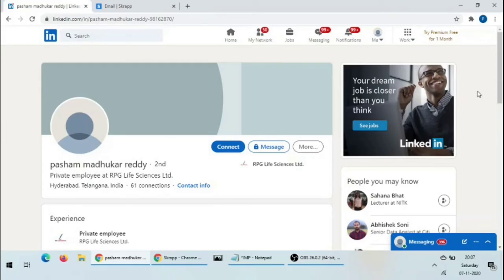You can click those links, go to those pages, register with your Google account or your existing LinkedIn account, and follow the same process. Search for the person, click this icon and use that extension's icon to find out the email IDs. So this is how we will be searching for email IDs.